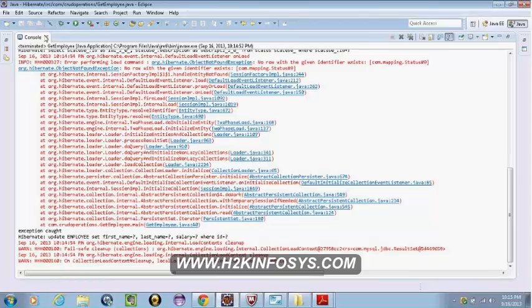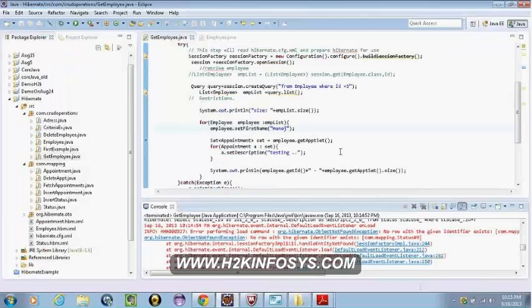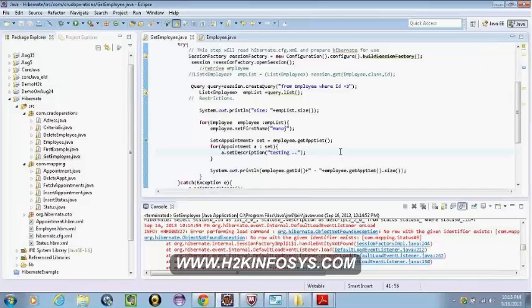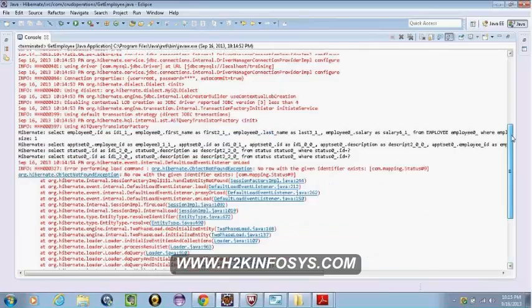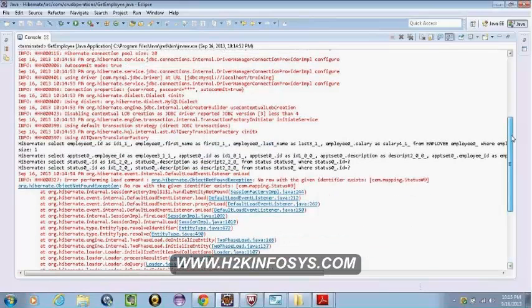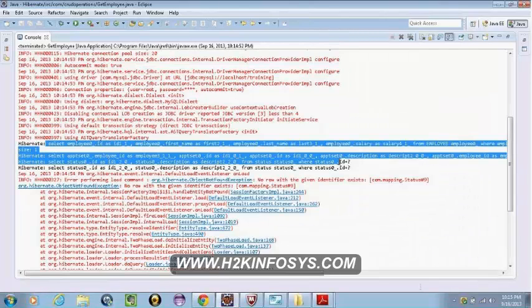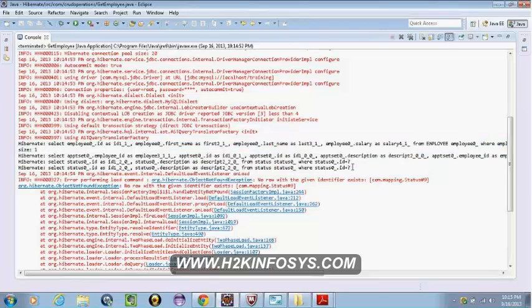We have inserted an appointment with ID equal to 9, right? If you say select star from appointment, we have inserted an appointment with status ID 9, and that specific status doesn't exist in the database. That is the reason we are getting the error, right? Folks, are you with me?